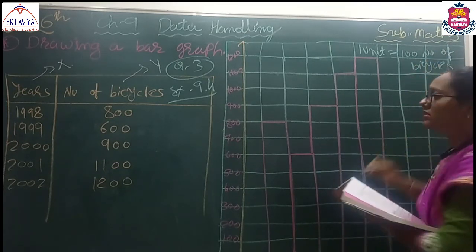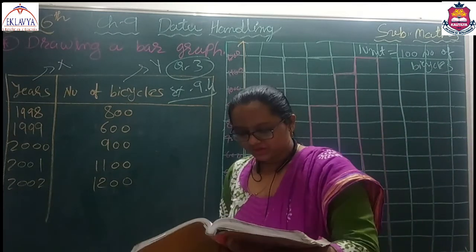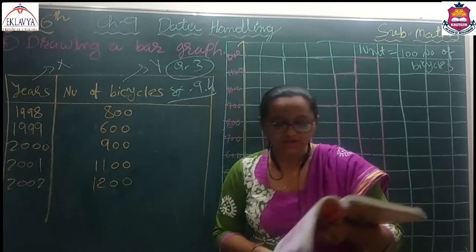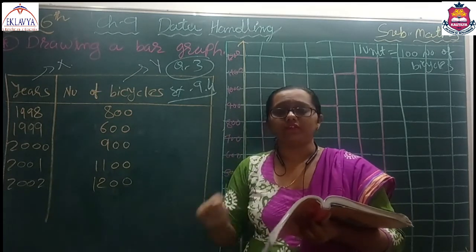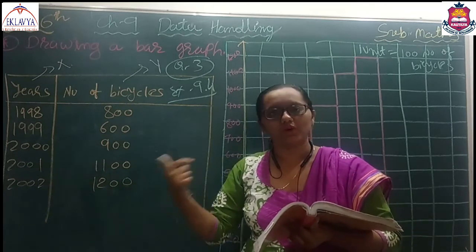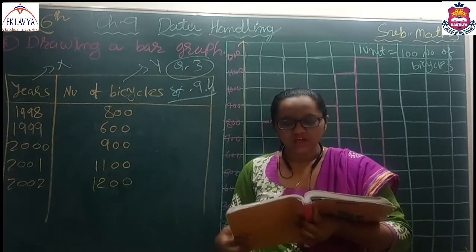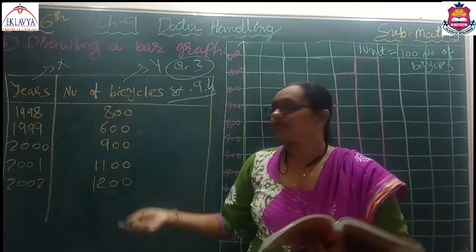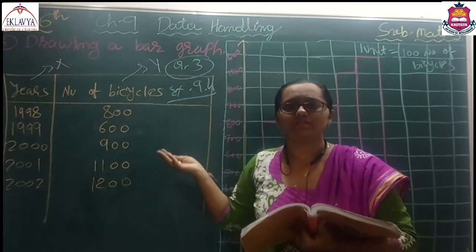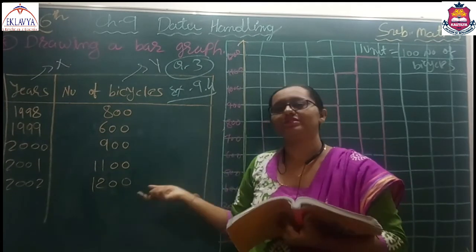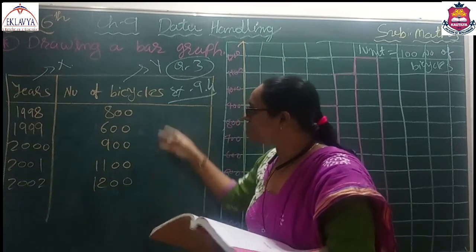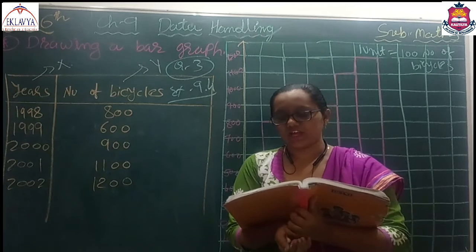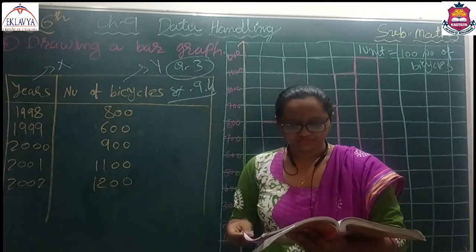Now in your exercise, a total of 4 questions are given. In questions 1 and 4, the scale is already given, that 1 unit is equal to 5, 10, 20, whatever you have to take. In question 2 only, it is written 'scale of your choice', which means we have to take the scale by ourselves. So in that question you have a choice of what you want to do. In the second question also you can take the scale of 5 and solve it. Okay. Thank you.